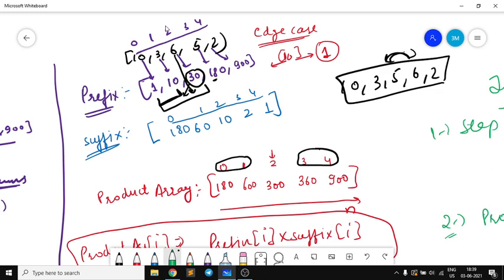Suppose I want to find out prefix of 2. So for prefix of 2, how did I calculate it? I had the previously stored answer for prefix of 1, that is prefix of I minus 1, up till this one, and I multiplied the value 3, that is array of I minus 1, with the previously calculated answer. That's what I'm doing, because we have to exclude this one, so we can't multiply this. We have to multiply the previously created prefix element, that is 10 in this case, and multiply with 3.